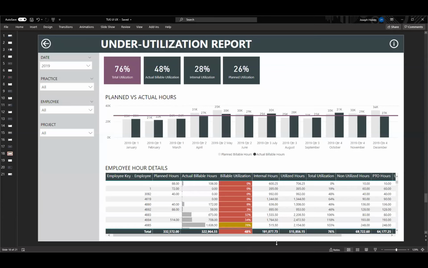In this scenario, what I did is I dropped in a back arrow, top left corner, because that's the way people are used to seeing things. I added an information button, top right corner. Again, because in my experience, that's where people are used to going if they want some extra information or they need to find something out. The only other thing I think I did here is I added the title of the report.